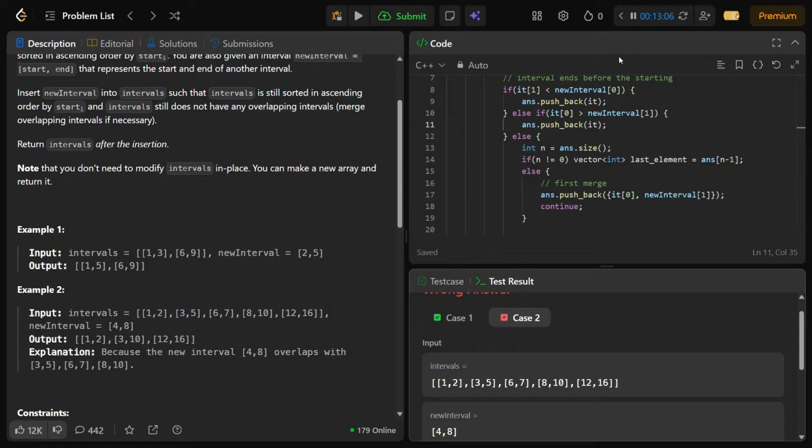Let's see. So now this is the element which we want, right? So what we're going to do is